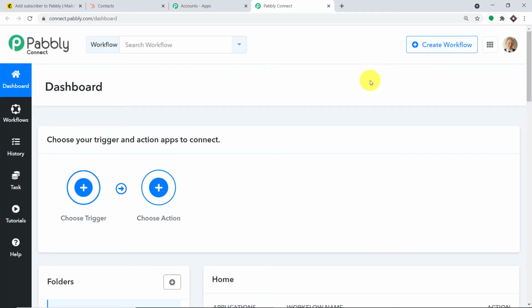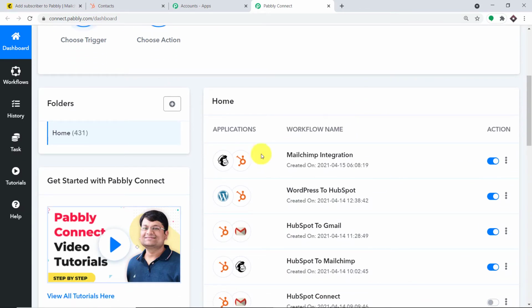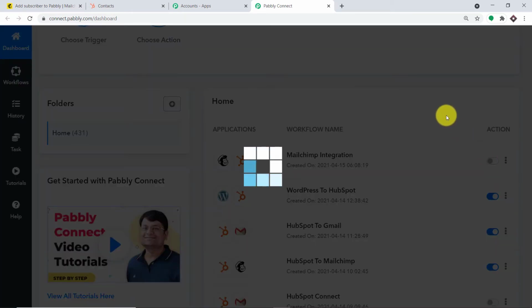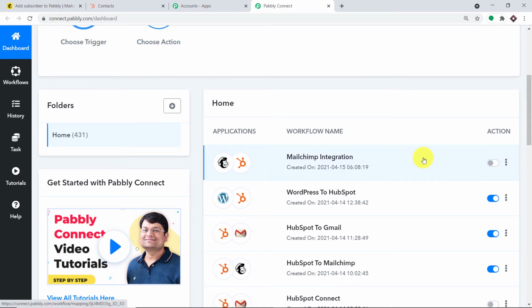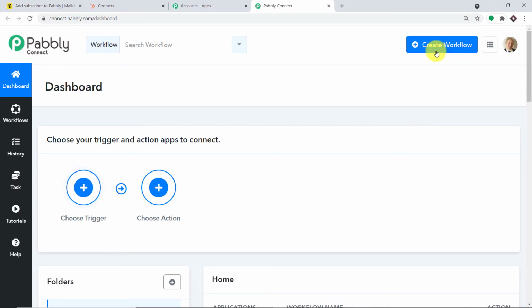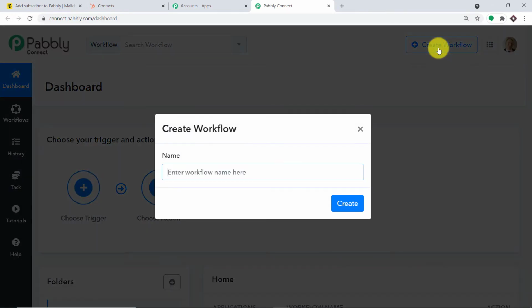Now, before I create a new workflow, there is something I have to do. As you can see, this is the old workflow with which we got the result. What I'm going to do here is switch this off, because if I don't switch this off, it will create problems such as duplication of results. So I have switched this off. It doesn't really concern you because we are going to start from scratch by clicking on Create New Workflow.